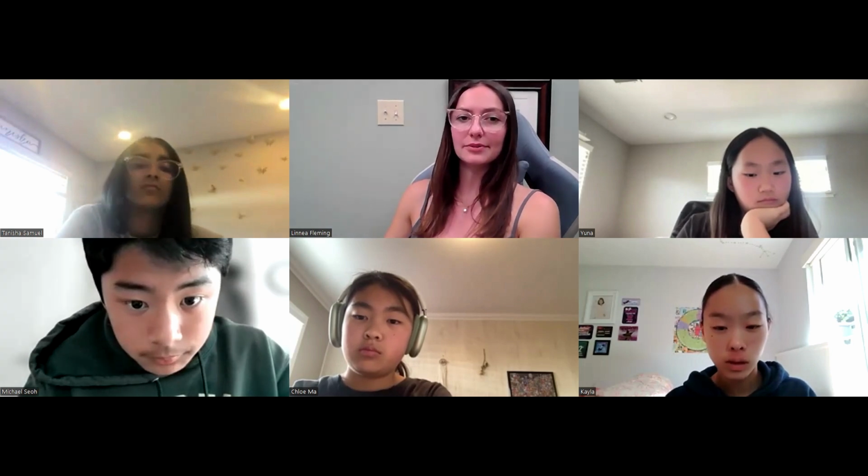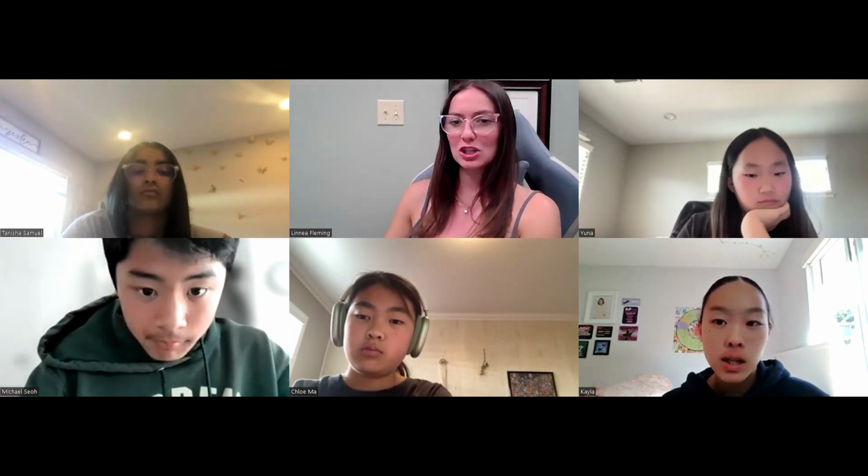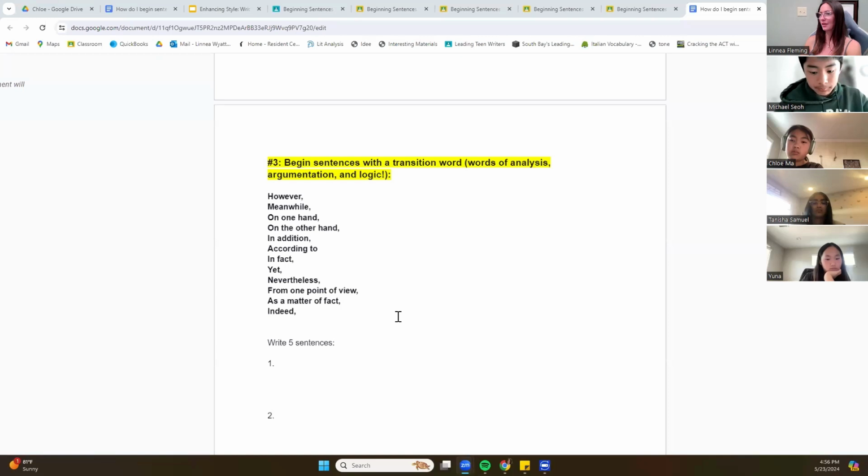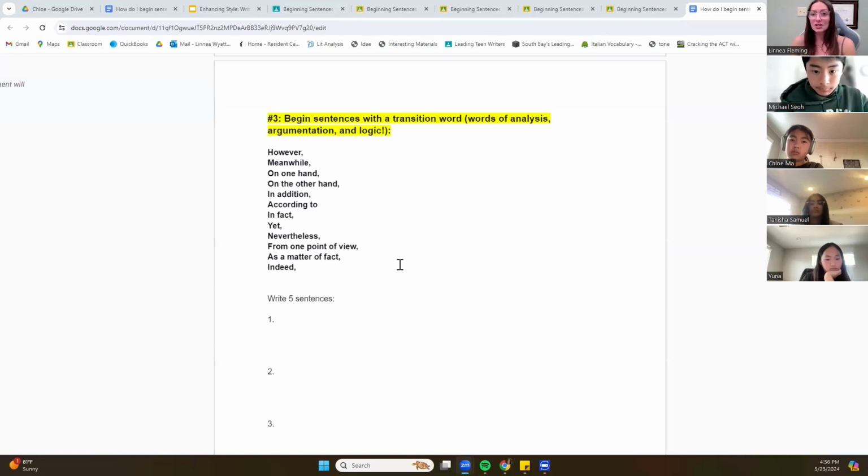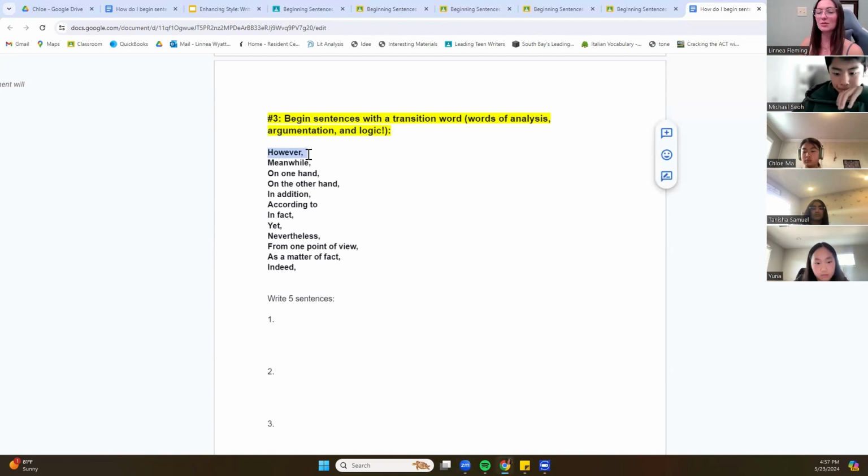So scrolling down, page number 3. You guys actually do this a lot. But are you conscious of when you're doing it? Are you making sure that you're going back when you're editing and adding these kinds of things to the beginning of your sentences? Now, the hard part about this is that you will need a sentence before it in order for it to make sense. Because starting a sentence with however is kind of confusing.